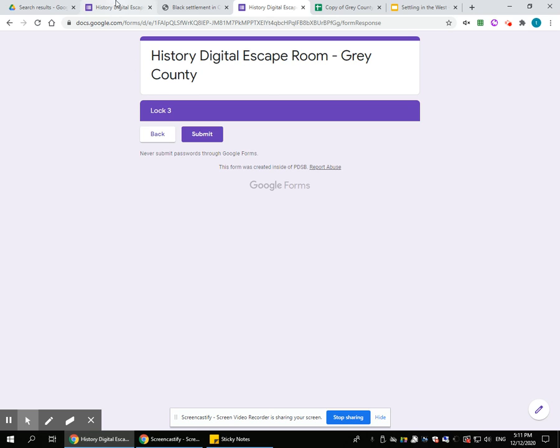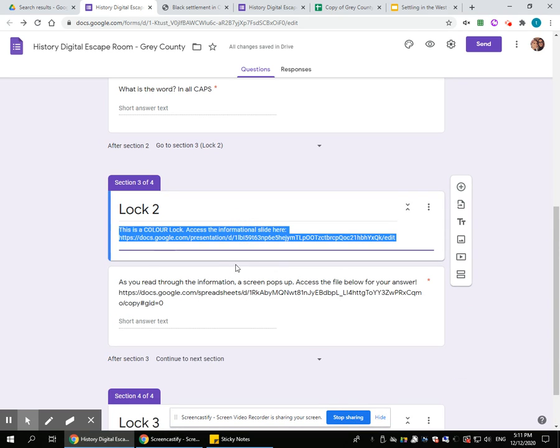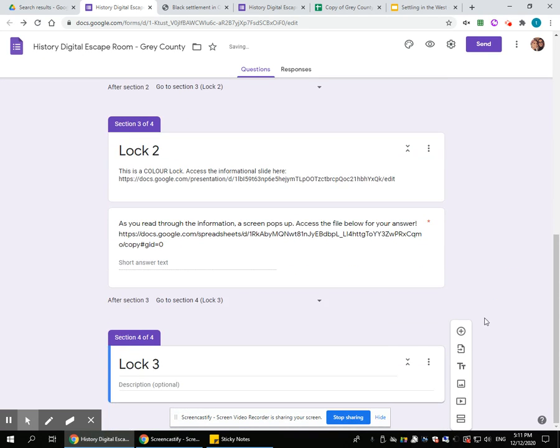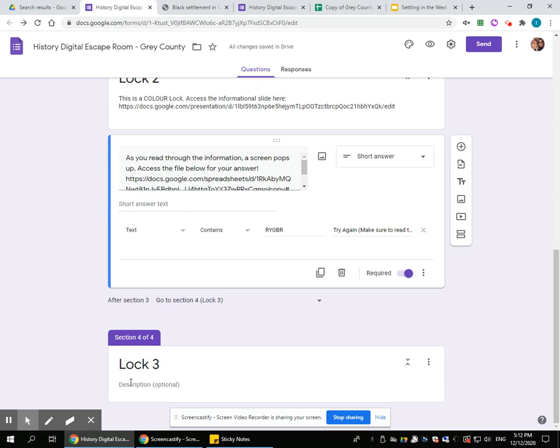So I'm going to go back to my escape room here. I am in section 4. So what you do here is after section 3, you want to go to continue to section 4. Okay, you want to be very specific as to where you change these. Again, don't forget to turn on your response validation. So my third lock is going to be